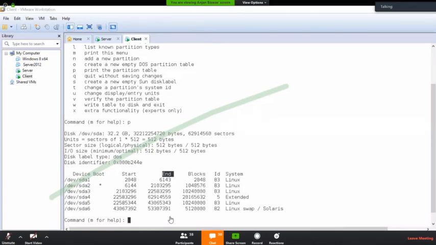Tell me, is it clear or not, whatever I have told you? To create a partition you should have some empty space in your hard disk. So how to check that in your hard disk that much empty space is there? How to check? So this way you can check. So tell me, any doubt?